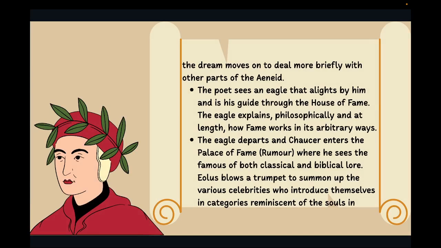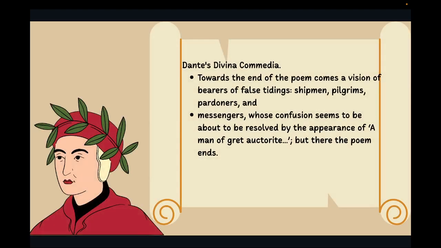And the dream moves on to deal more briefly with other parts of the Aeneid. The poet sees an eagle that alights by him and is his guide through the House of Fame. The eagle explains philosophically and at length how fame works in its arbitrary ways. The eagle departs and Chaucer enters the Palace of Fame, Rumour, where he sees the famous of both classical and biblical lore. Aeolus blows a trumpet to summon up the various celebrities who introduce themselves in categories reminiscent of the souls in Dante's Divina Commedia. Towards the end of the poem comes a vision of bearers of false tidings, shipmen, pilgrims,